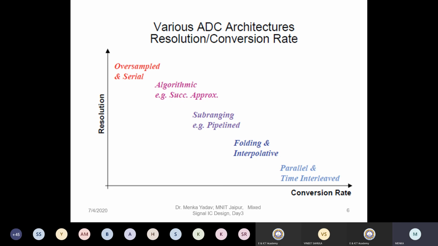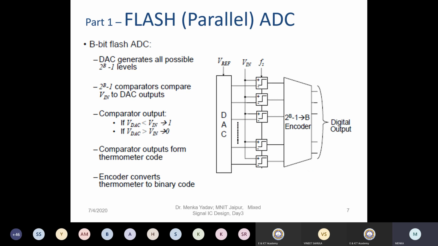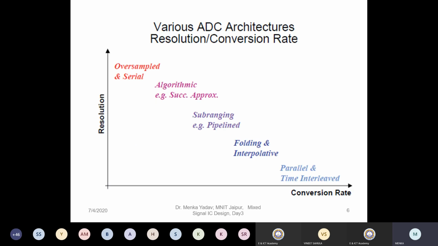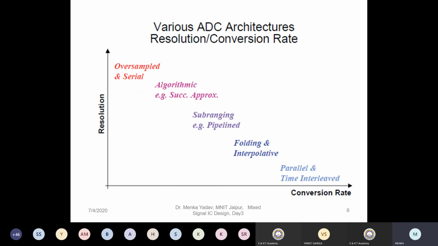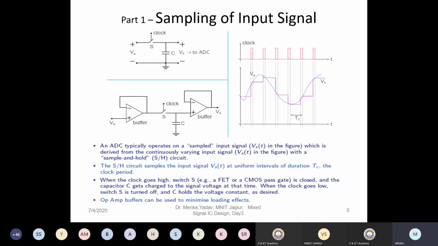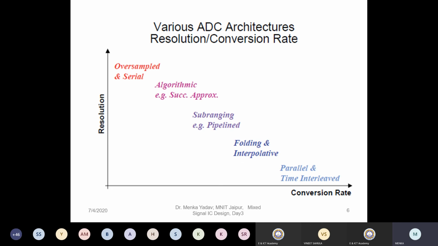Fine. In this slide, we can see there are various ADC architectures and the resolution and conversion rate graph is shown. Conversion rate means how fast that particular ADC is, and resolution means up to what limit it can differentiate between levels. For example, for a 2-bit ADC, in the figure C case, it is 1/4, but if it is 3-bit, then it is 1/8. So it can differentiate if there is a difference of 1/8 between two voltage levels. So this is the resolution.